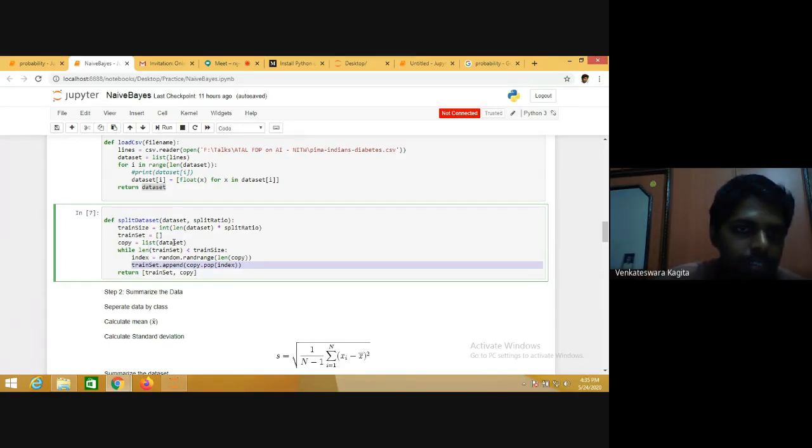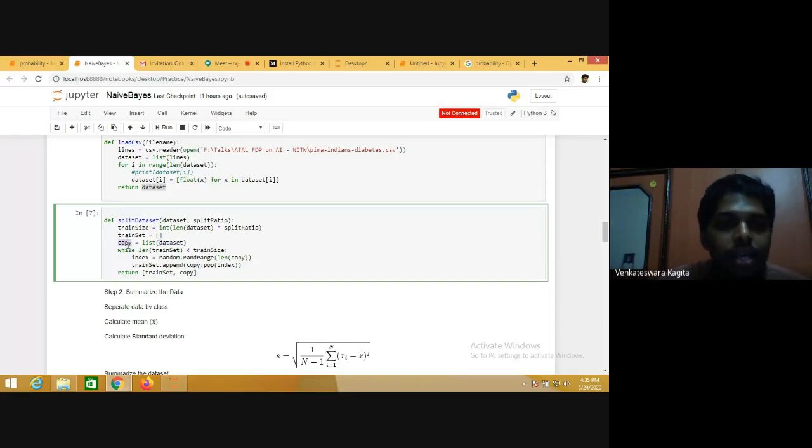You see this dataset is copied here, so we have a copy of the dataset. From this copy, every time we take one instance randomly and do not replace it back. We repeat this procedure till we get train size number of instances. Then this condition will fail and we will return the train set and the copy.